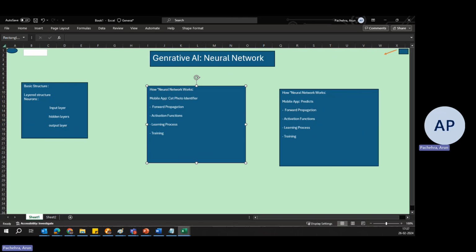These functions help the network learn complex patterns by introducing non-linearities into the model, allowing it to make sophisticated decisions. And the learning process: the network learns through a process called backpropagation, where it adjusts its weights and biases in response to the error in its output. The error is calculated by a loss function, which measures the difference between the network's predictions and the actual target values. And there is an optimization algorithm here which is used to minimize the loss function by adjusting the weights and biases. And finally, continuous improvement, which is training.